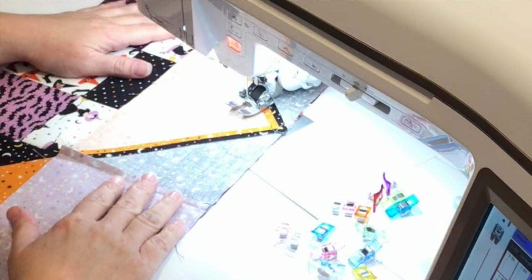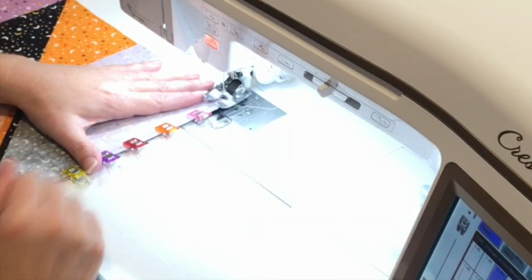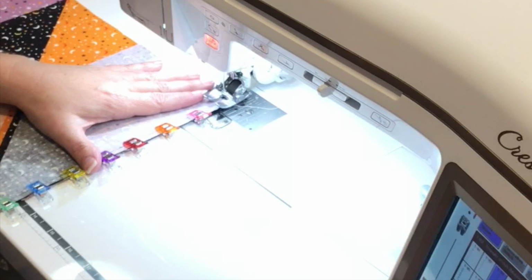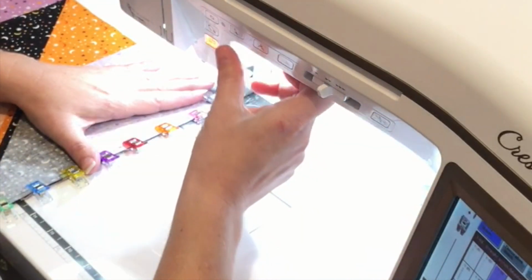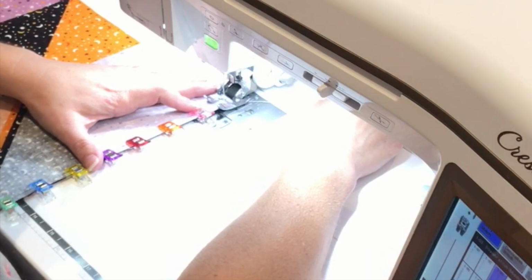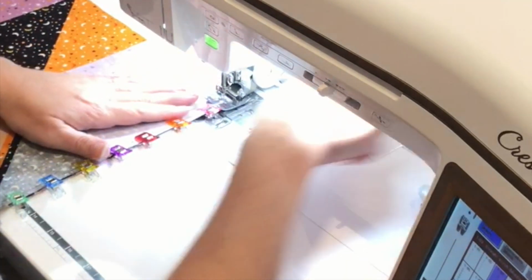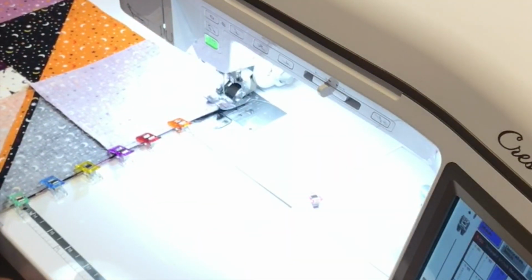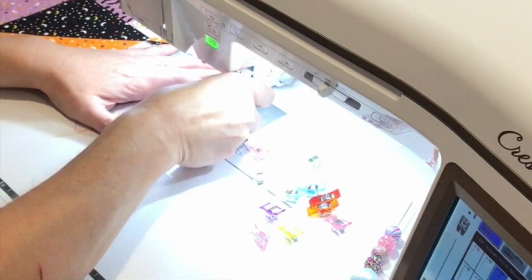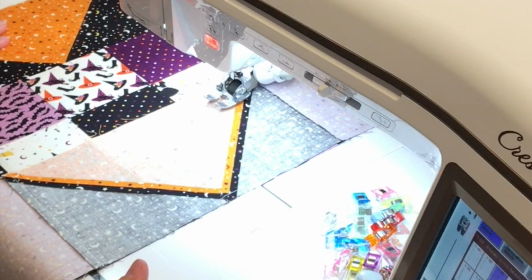Okay, I'm going to go and get this pressed and the last row ready to attach to the bottom. I'll be right back. Okay, so here I am ready to do the last row. I'm adding row 3 to the 1 and 2. We're almost done, guys. Home stretch, let's go. Okay guys, so I am going to go and get this pressed,